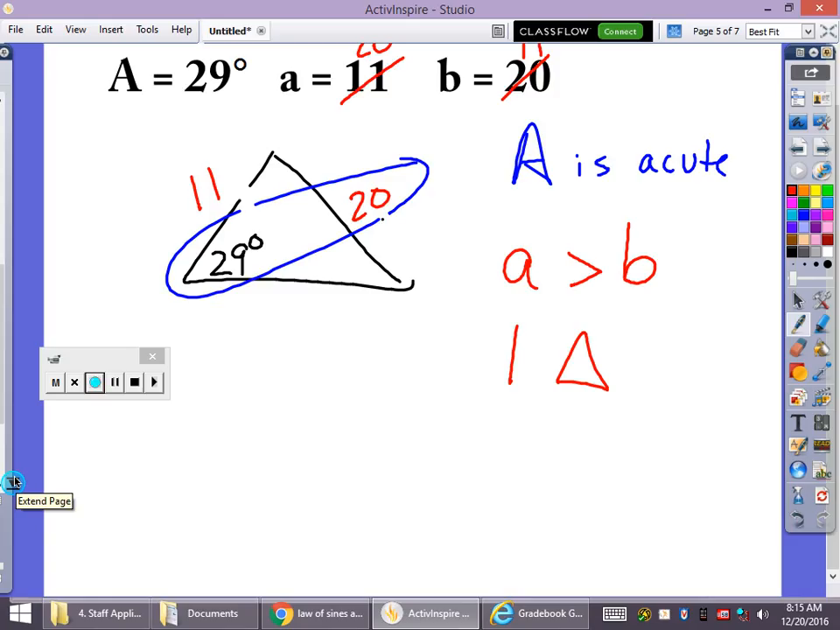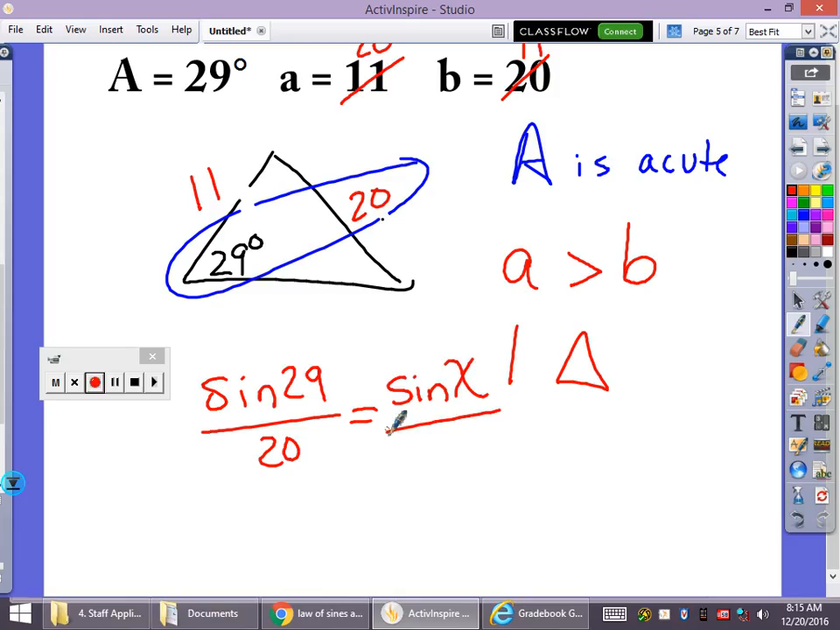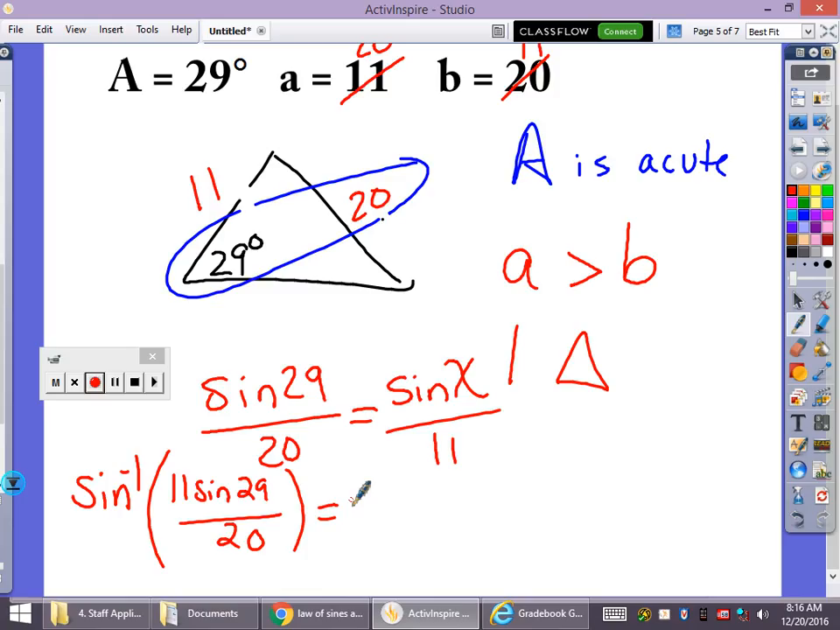What's the first part of the ratio? Sine of 29 over 20 is equal to the sine of capital X over 11. Okay, and now what am I going to do? I'm going to cross multiply and solve. I'm going to give you 30 seconds to do that. Okay, so you should have done inverse sine of 11 sine 29 over 20, which gives me,